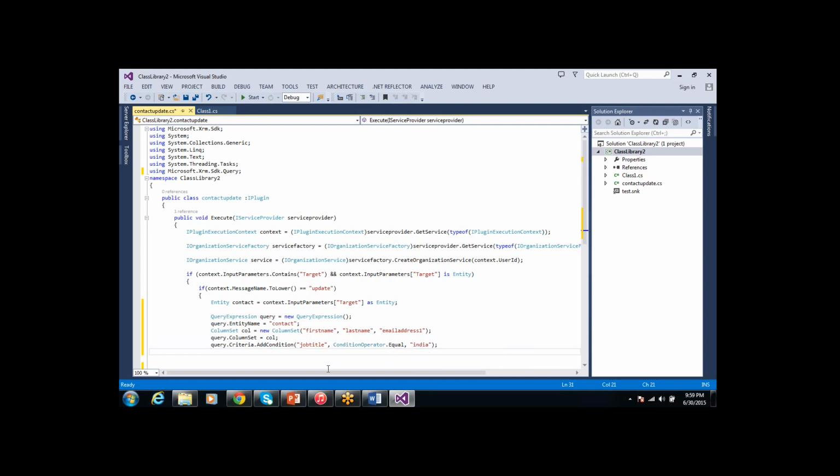Here that is my condition, and here we need to check one more condition, like the activity state code, whether you want to retrieve the active records or the inactive records. Most of the time you will retrieve the active records only, so that condition should be there.